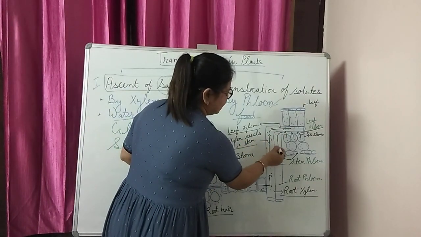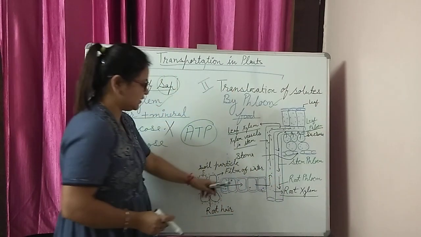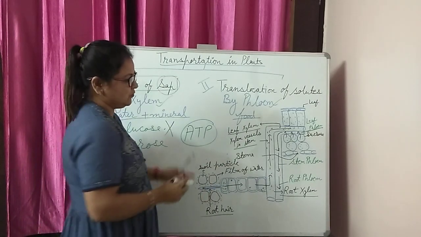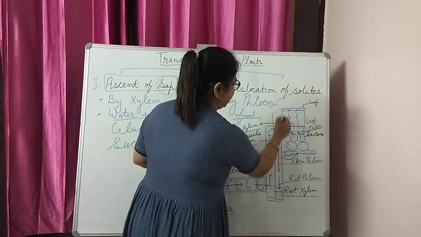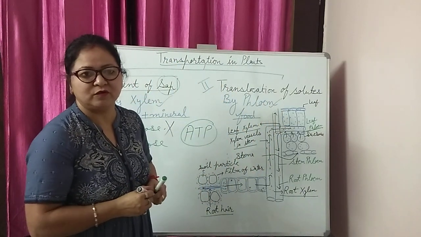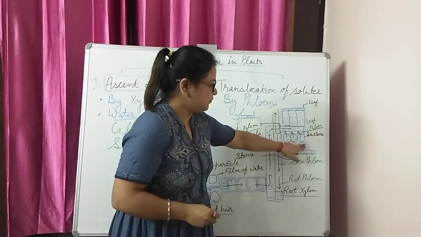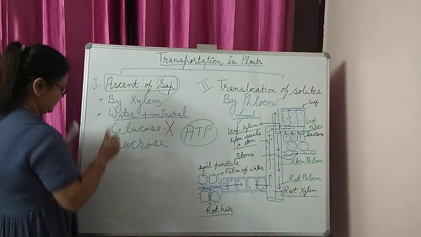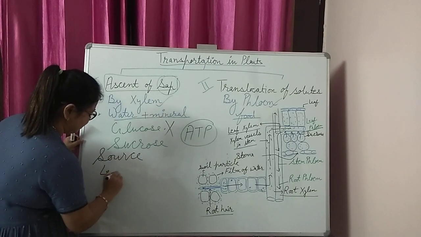Where is it needed? It is needed by all the living cells of the plant. It is required by the cells of the roots for respiration, to get the energy for other activities. It will also move upward to the growing parts, where they also need food for respiration to get energy. So here the food is prepared in the leaves. This is called the source. What is the source? We can say leaves.